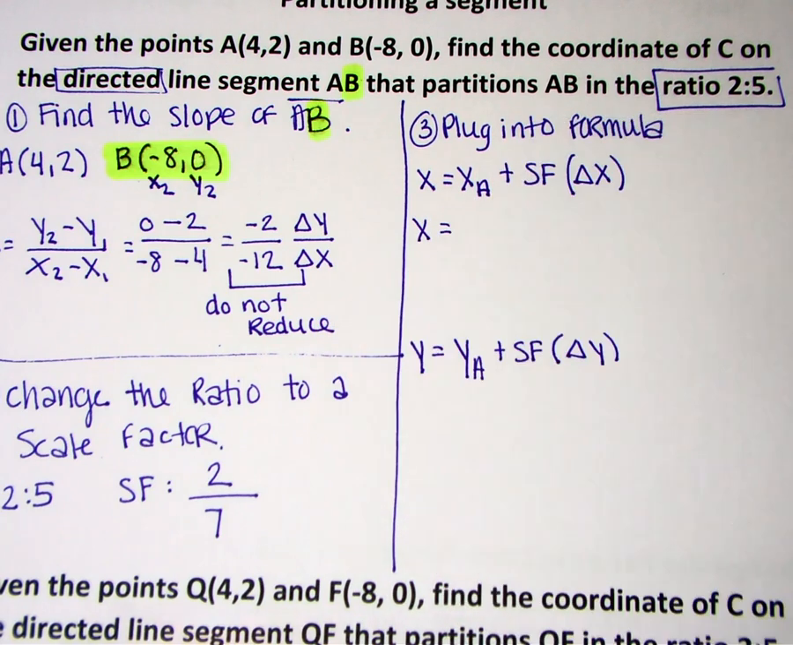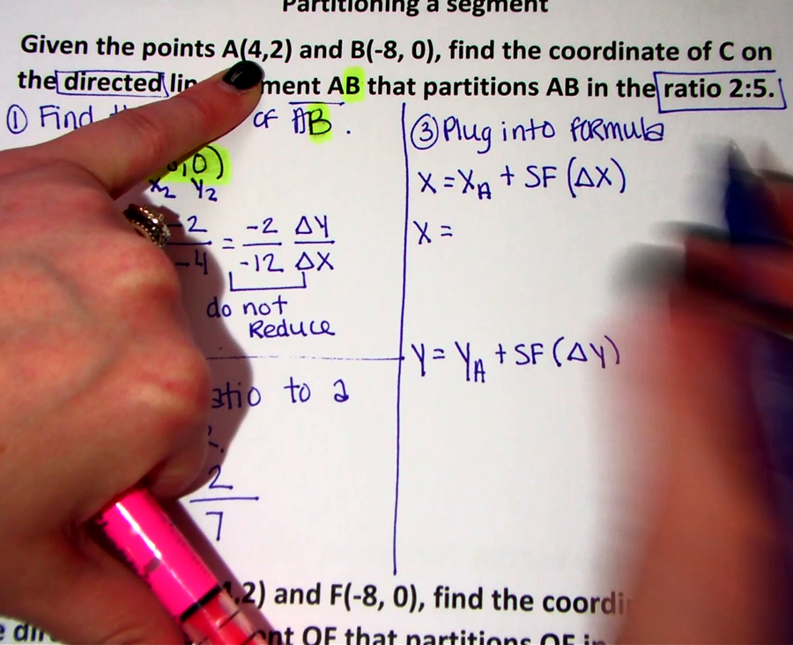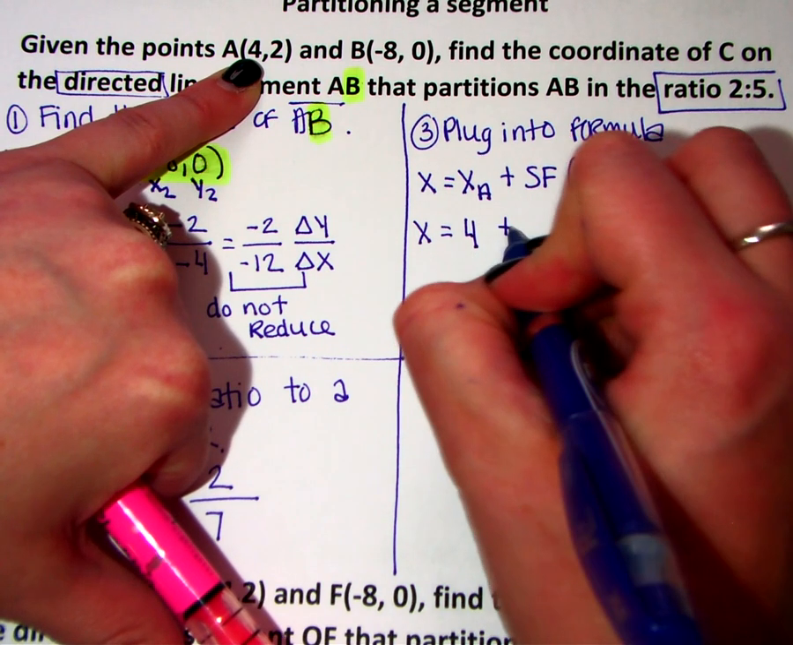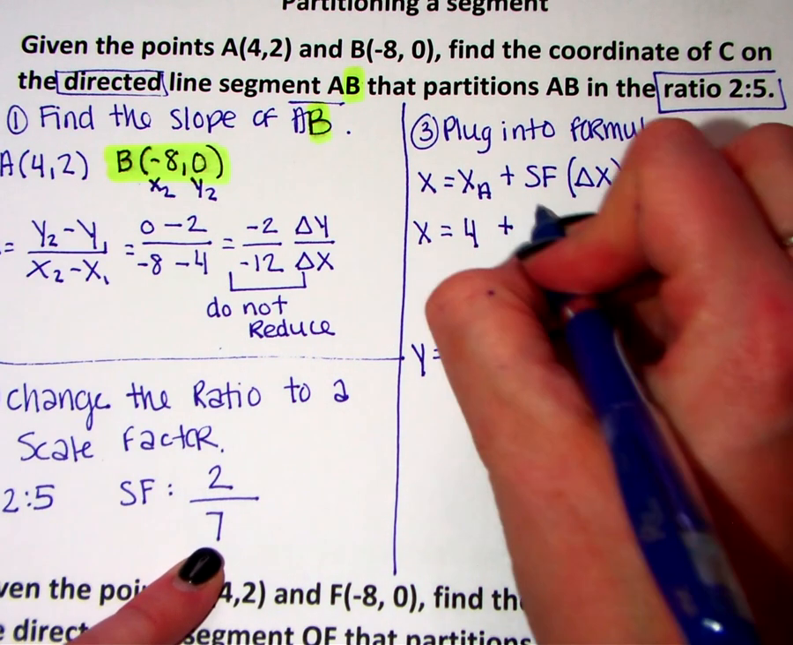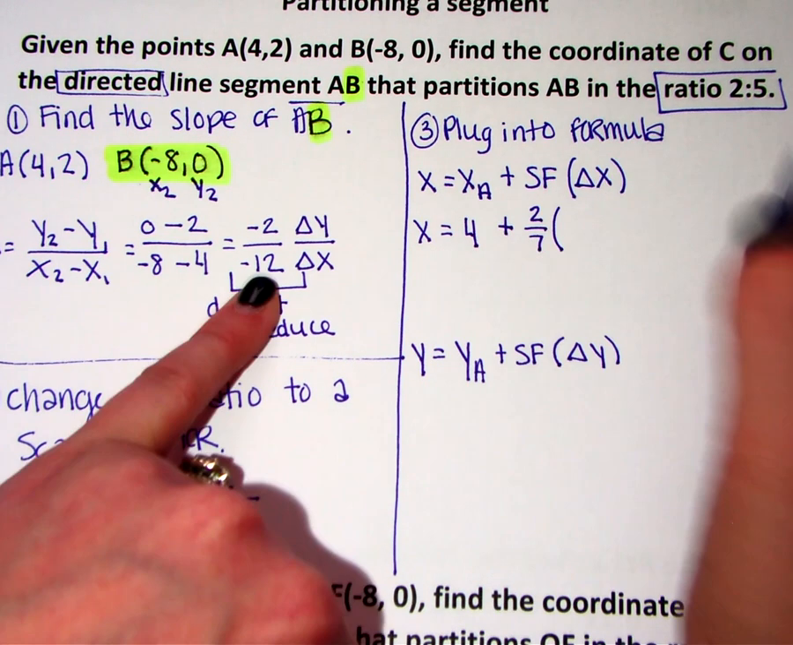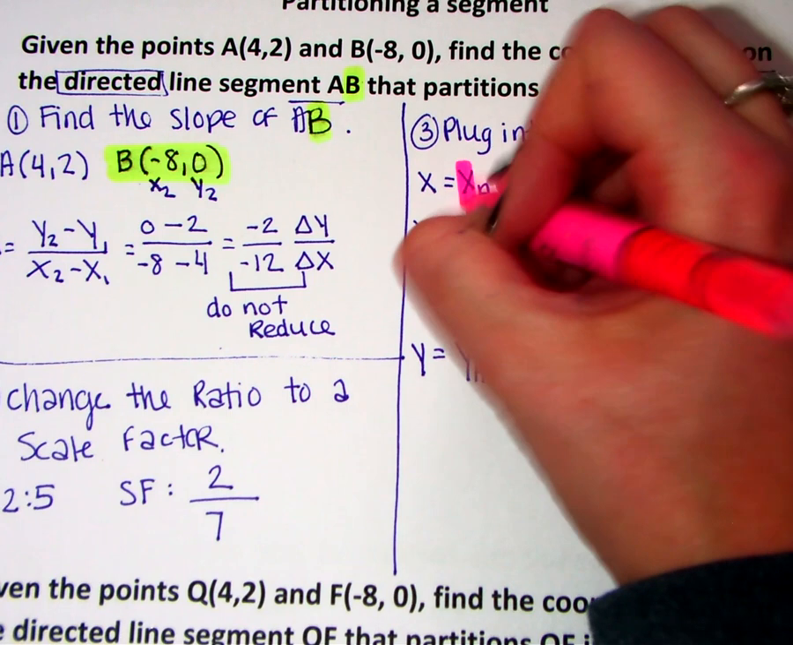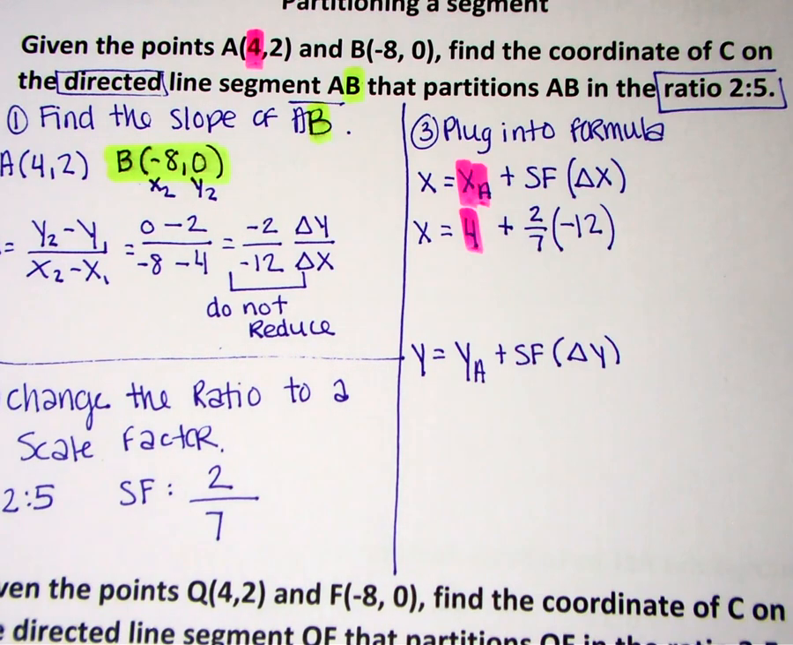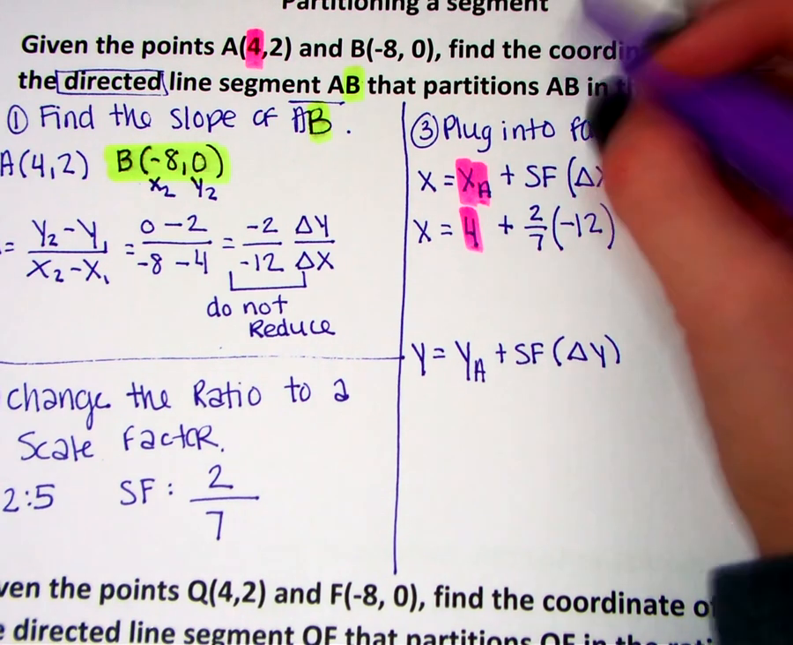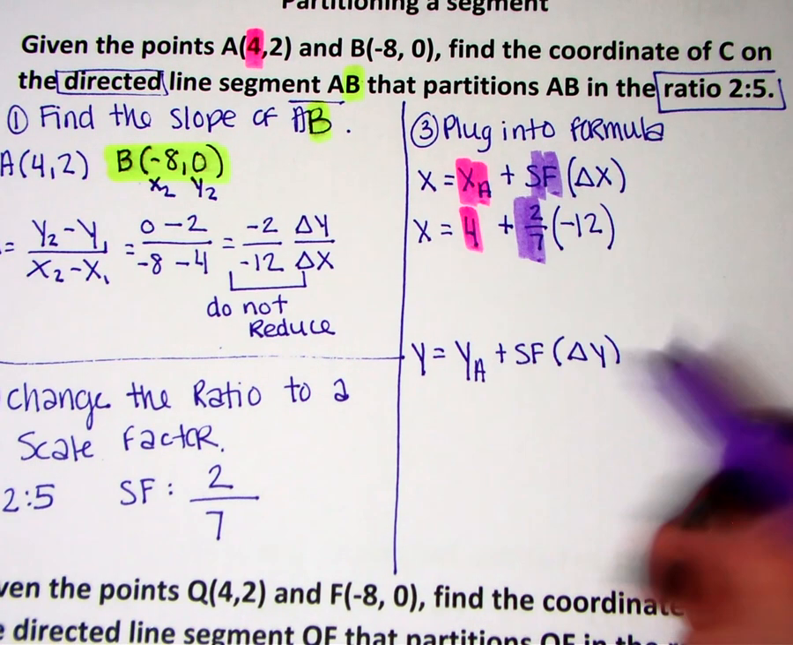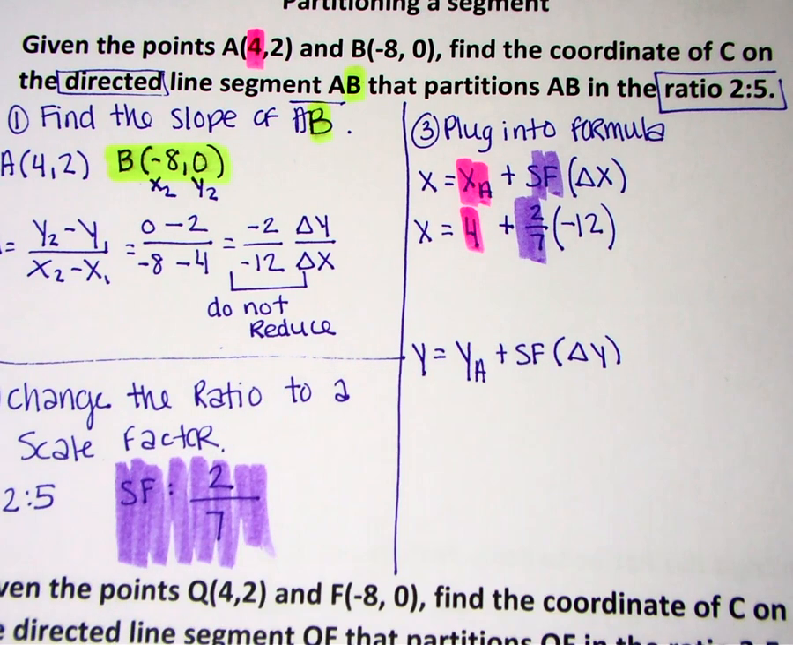X equals, the X sub A value is the location of the X value in A, 4, plus my scale factor, which is 2 over 7, times my change in X, negative 12. So again, I'm pulling all of this information from my problem. Okay. So there's my X value, my scale factor fraction came from this fraction here. Sorry, that purple is a little dark. Then my change in X